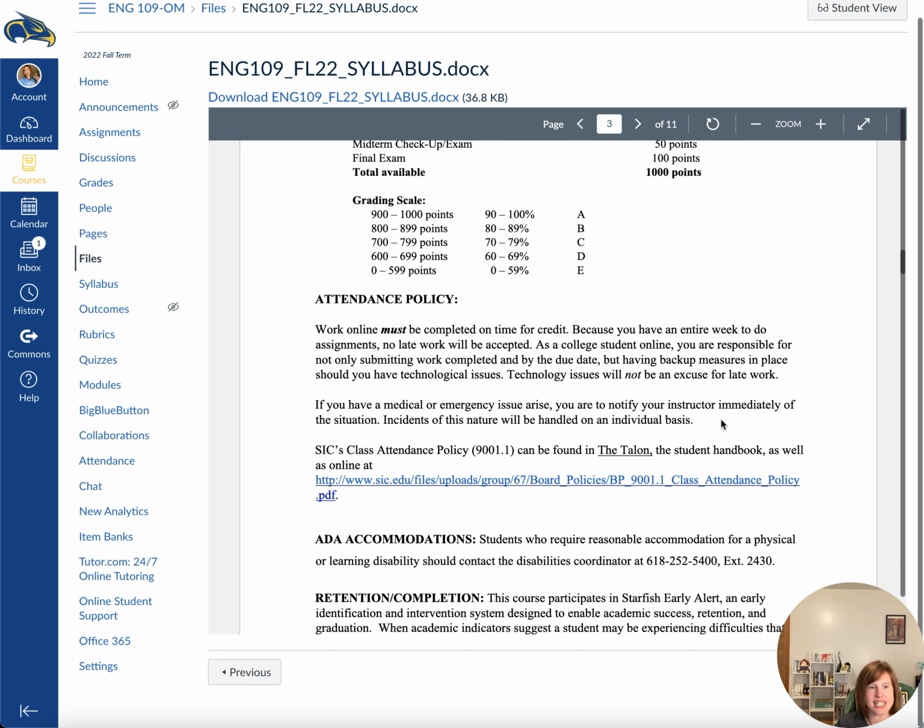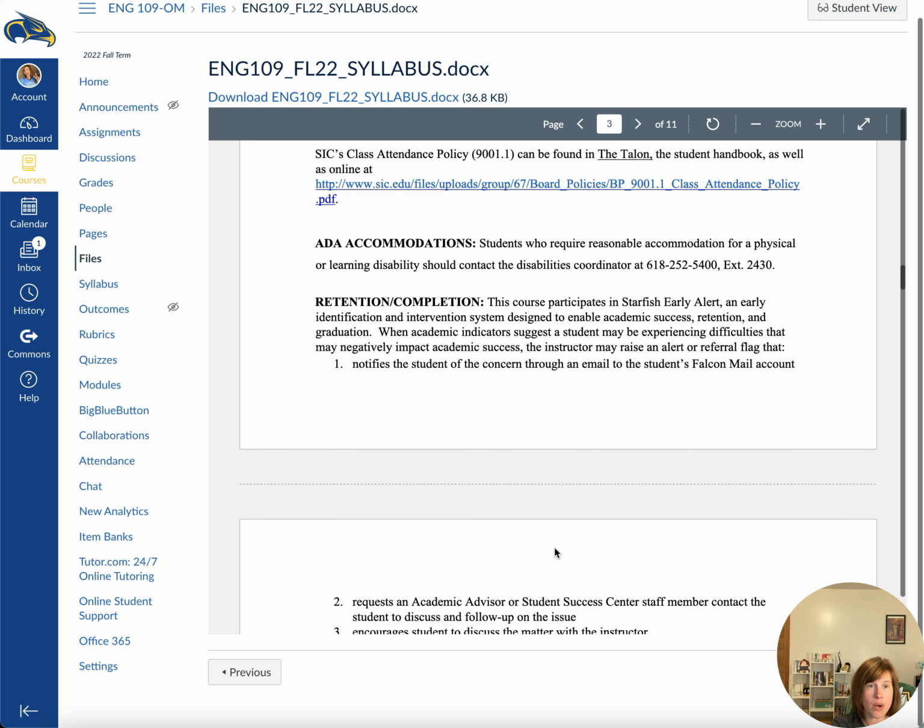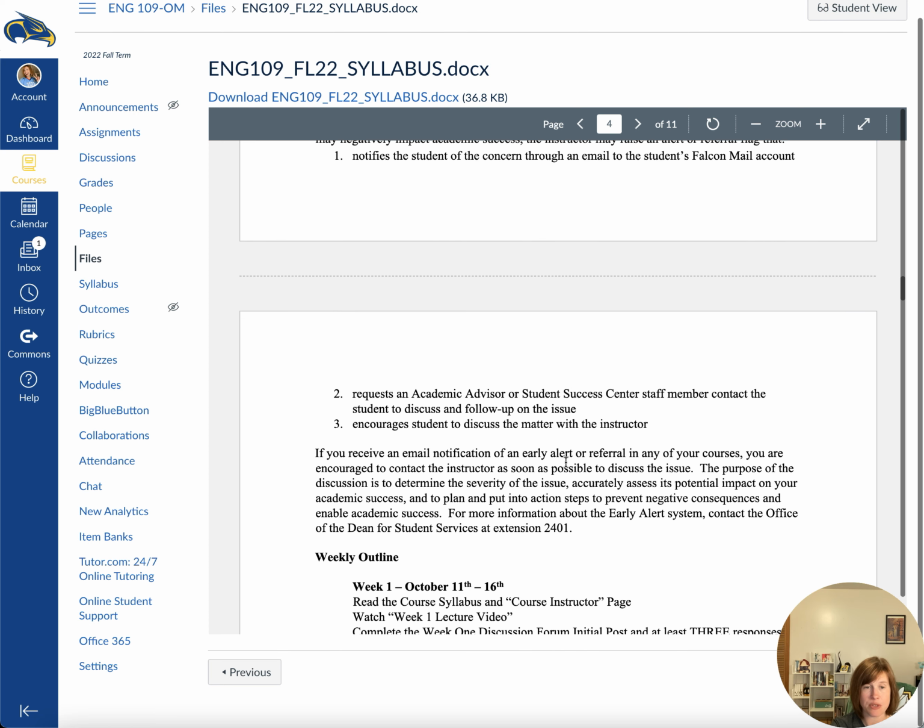You need to just get into the habit of figuring out, when can I work on the work? When can I do it beforehand? Do I need to go out to the college and work on it in the library? If I'm already on campus, do I need to use my time there to work on it? Just don't procrastinate. That's the biggest piece of advice I can give, because the first couple weeks, we jump right into it and get really busy, and I like to spread things out and balance it. A lot of students think that they can just be lax the first couple weeks, and it will catch up to you very quickly. So just make sure you don't do that. If you have an ADA accommodation, let me know. I can help you figure out the best way we can accommodate.